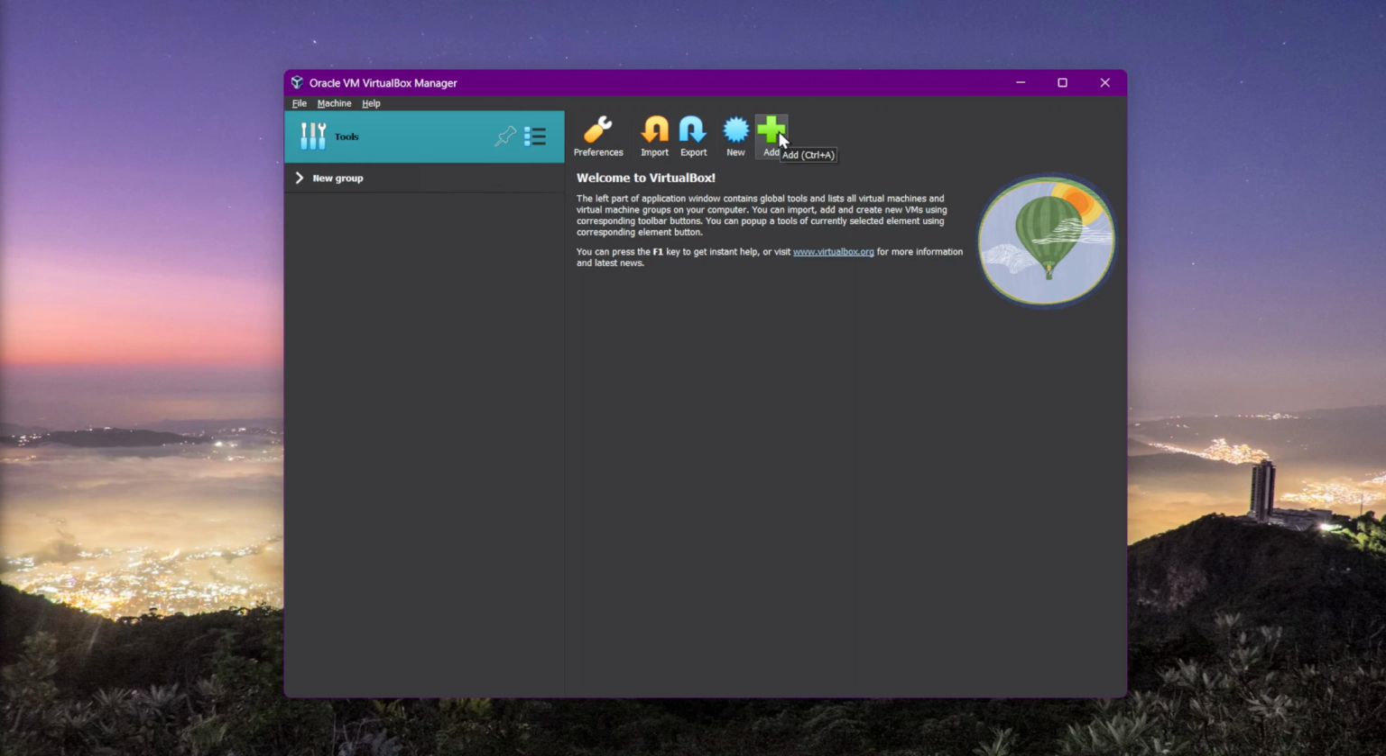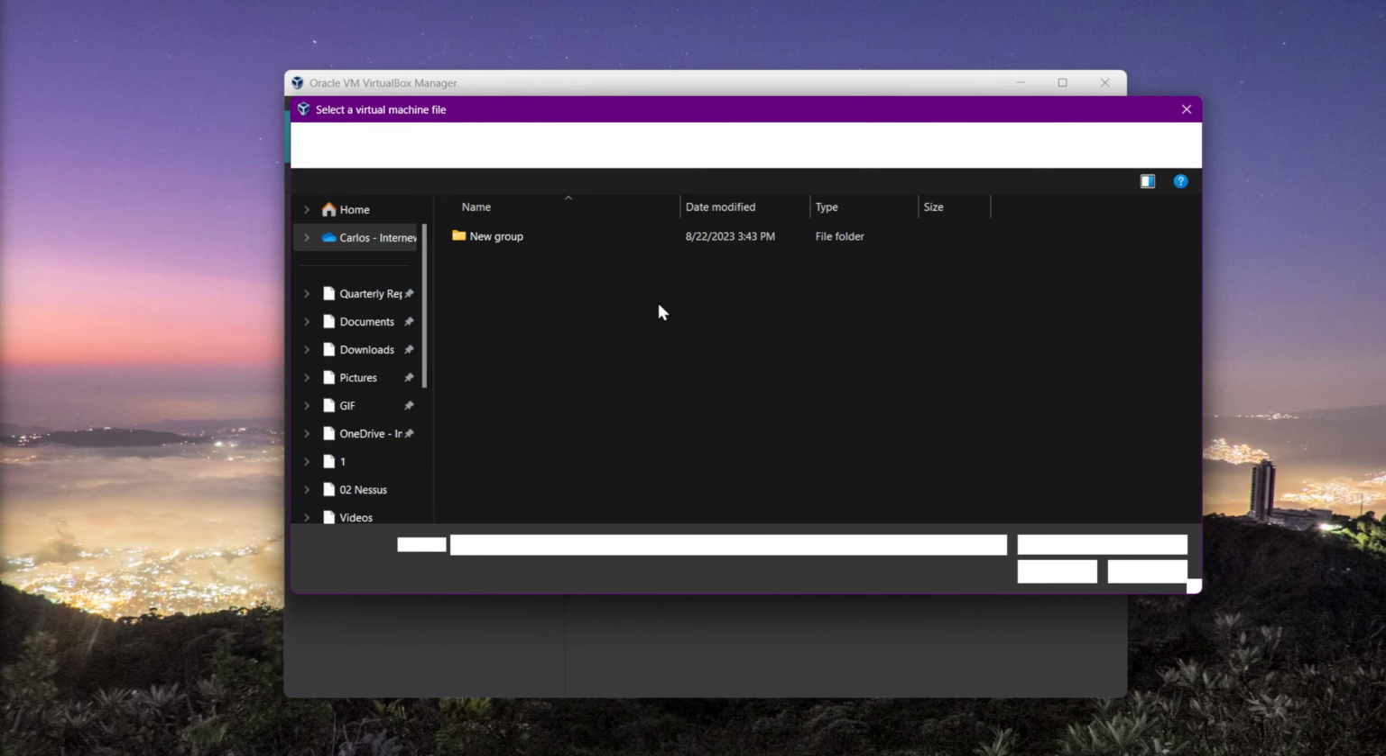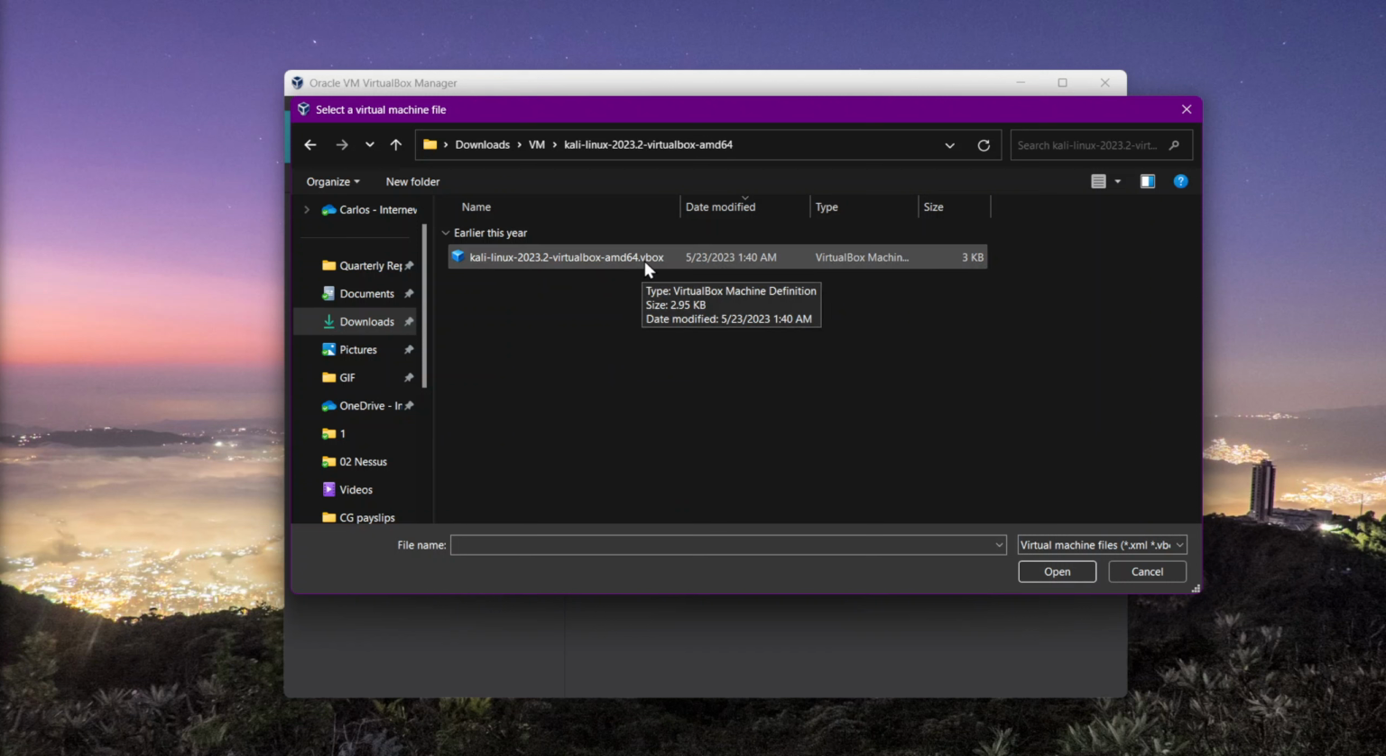In this case, I downloaded a fresh Kali version just for this demonstration. This is not the machine I'll be sharing, but it will be a very similar process. If this doesn't work for you, you can try to use the option import instead of the add one. So I'm gonna click add, and I'm gonna go to the folder where I have this, and here we are. One of the formats is .vbox, as in VirtualBox, and then I can just click it